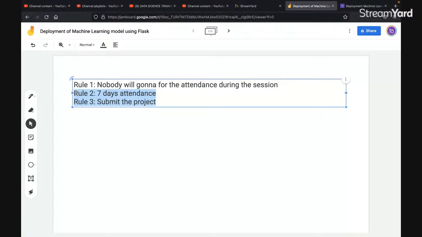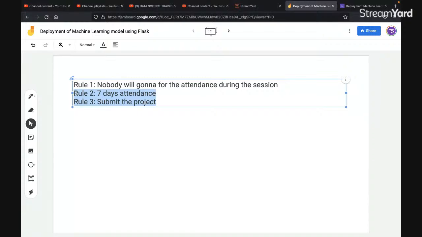Is this clear, guys? Yes or no? Do we need software for practical during the session? I'll let you know what software you are going to need. Okay, don't worry about that. We are going to start from very basic, very raw. Is this clear?